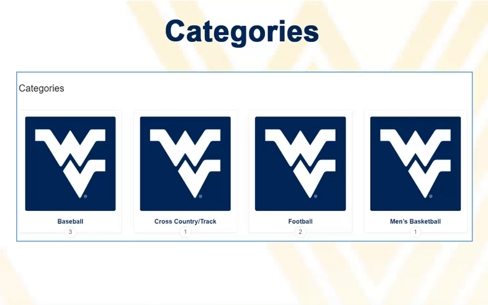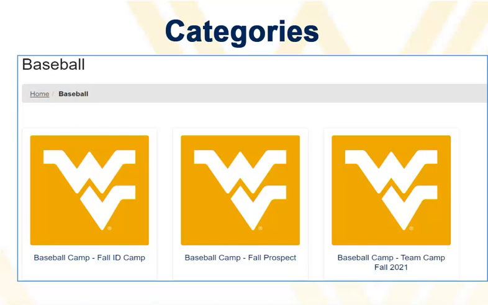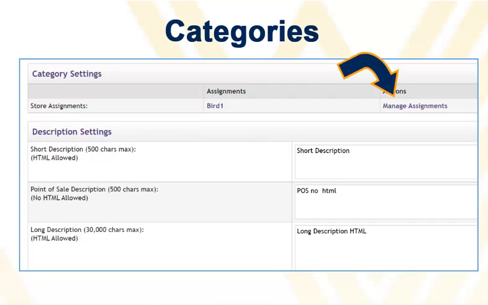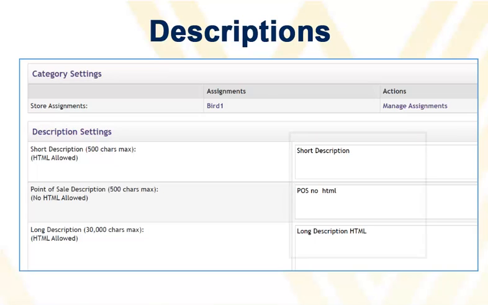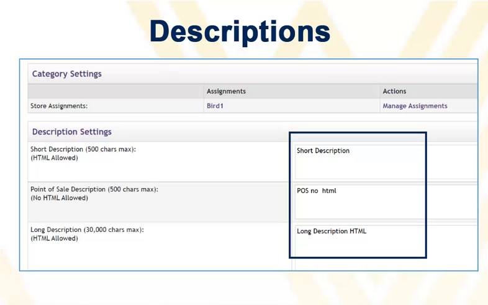The categories that you requested have been set up for you. This store has categories for different sports camps. After clicking one of the categories, your customers will see the different products within that category. When you create a product, you can place it in a category. You are not able to add your own categories, but you can request that ITS create one for you. Basic descriptions were imported from Able Commerce, but you are able to change these to suit your needs.